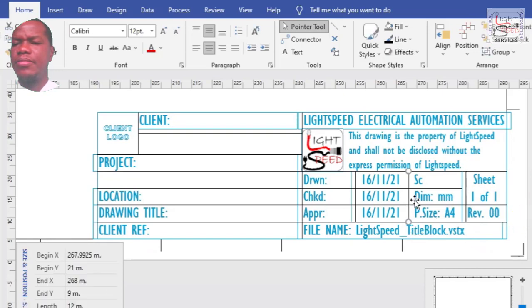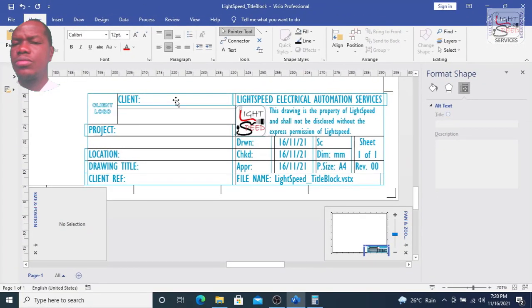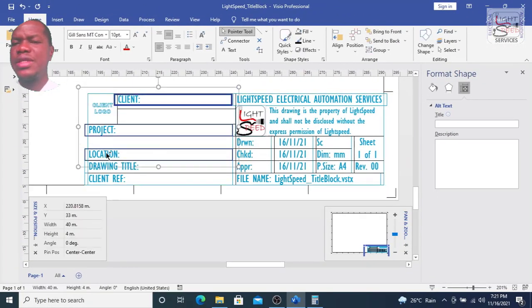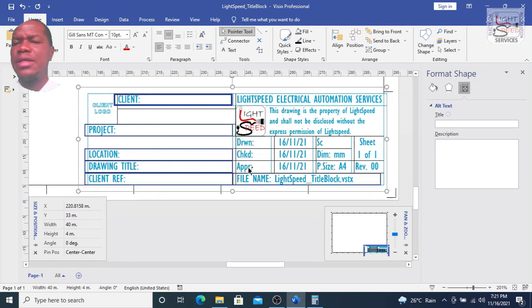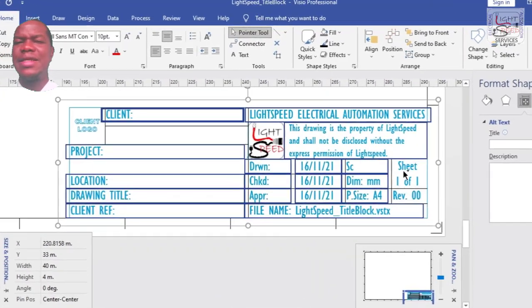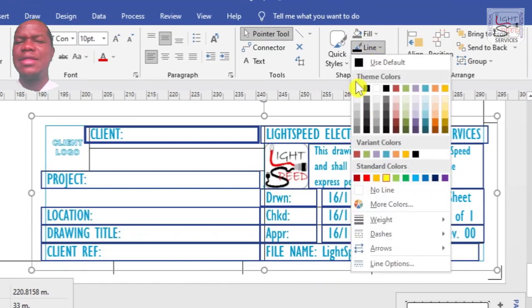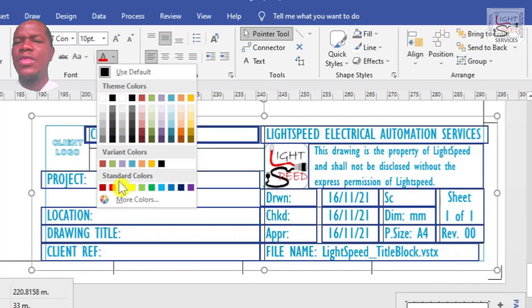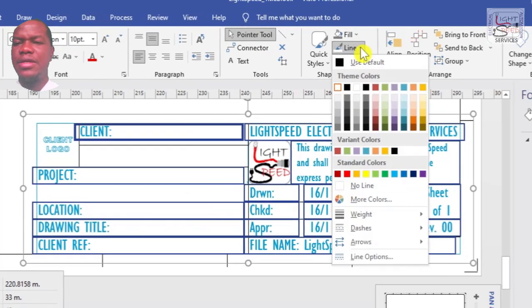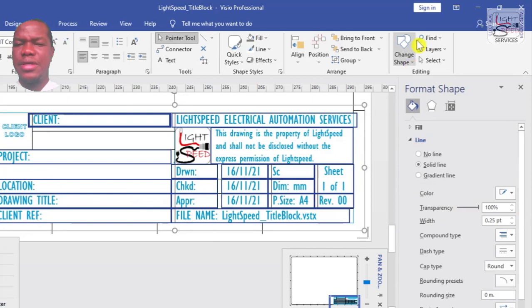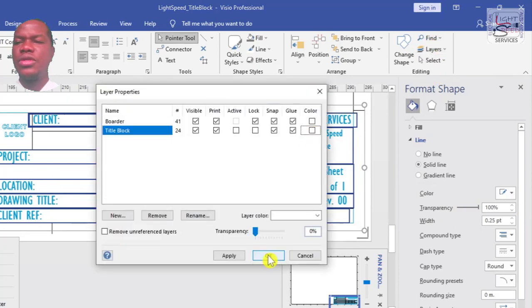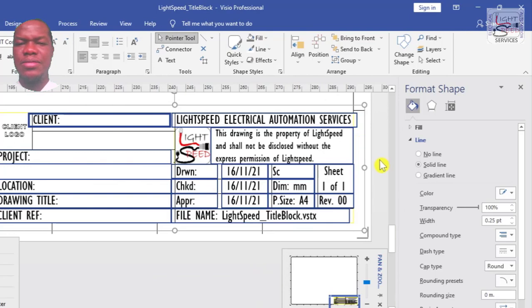Okay. So when you're done, you select all the boxes and make them non-existent. You can say line, no lines, or you give it a white line and then the text. I changed it from layer, so we have to do it from layers again. So go to layer, remove the color. Yeah. Okay. So the lines are white now, but you can still see them.